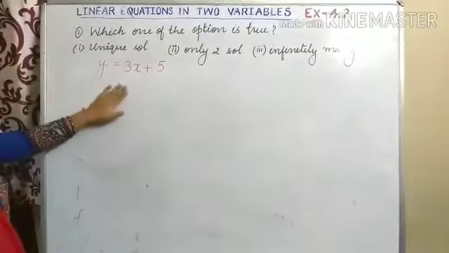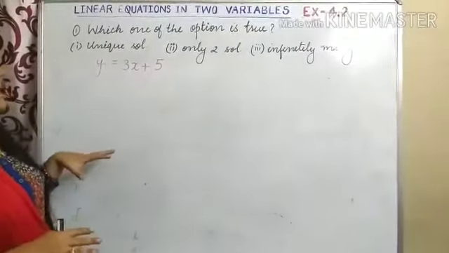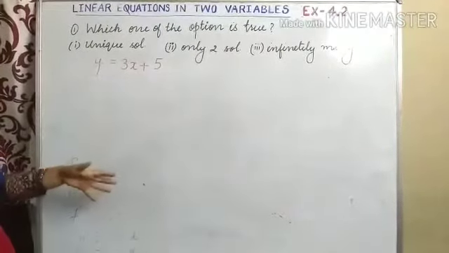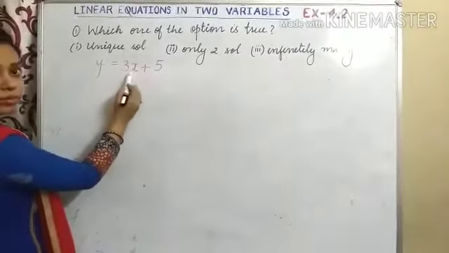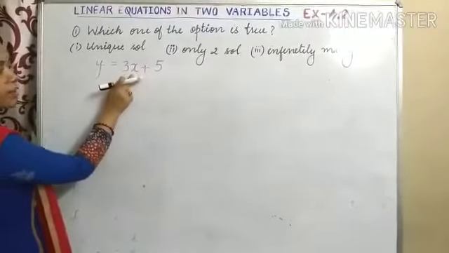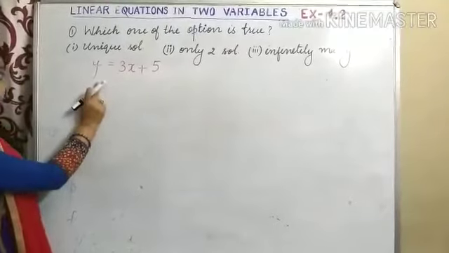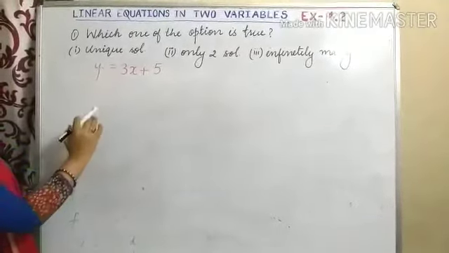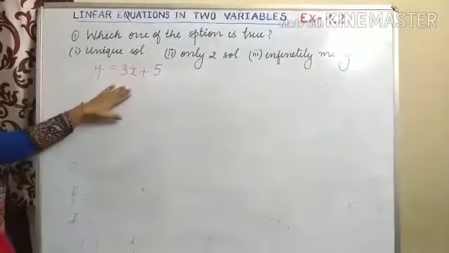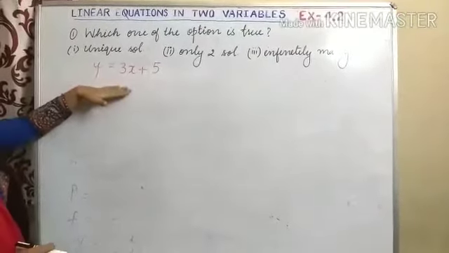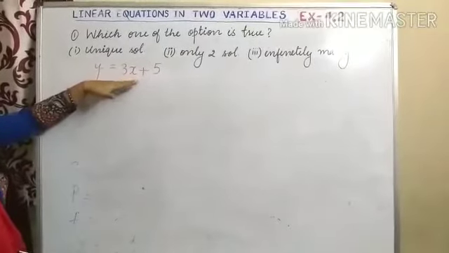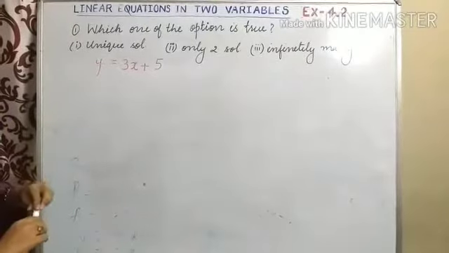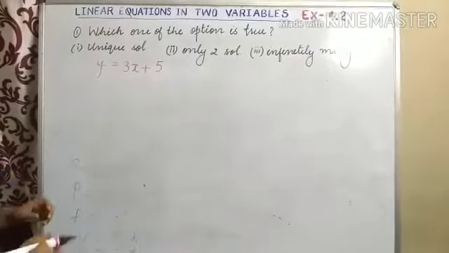Simply we can solve it by using the algebraic method, and I am going to explain that step by step. The concept here is that we will put different values of x, and if for different values of x we are getting different values of y also, that is, there is a variation between x and y, then we say that it has infinitely many solutions. And if it is not varying as the different values of x vary, then we will say that it has a unique solution, or two solutions if only two values are there. So let us solve the question.